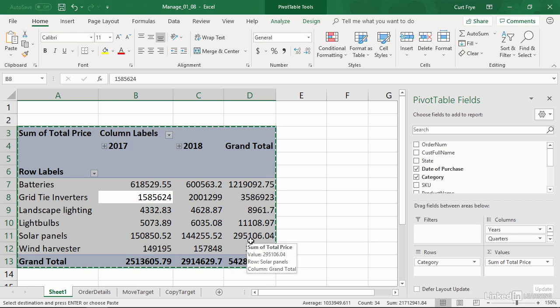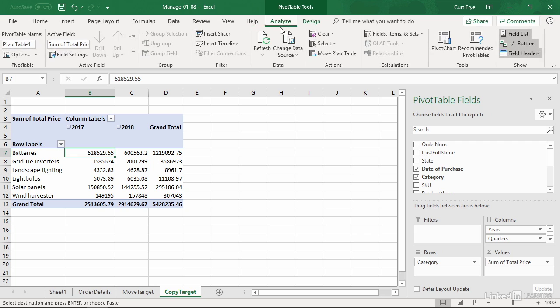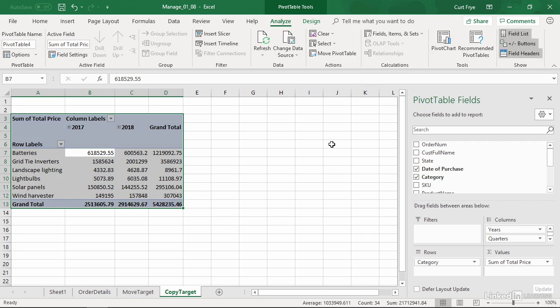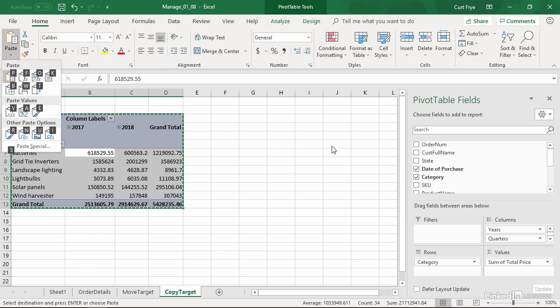If you want to convert a pivot table to a regular cell range, then all you need to do is select it. In this case, I'll go to Copy Target worksheet, and I'll click any cell in the pivot table, then on the Analyze tab, select and Entire Pivot Table. Now I'll press Ctrl-C to copy it, and then I'll use a sequence to paste only the values. So I'll press the Alt key. That brings up the keyboard controls for the ribbon. I'll press H to go to the Home tab, V for paste,